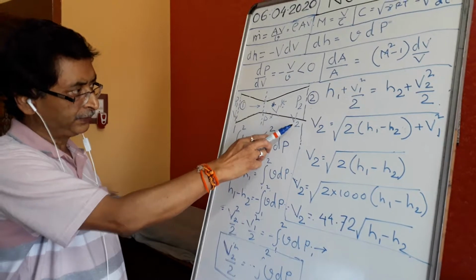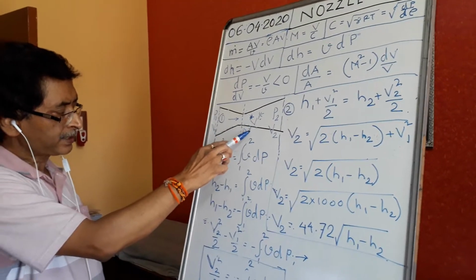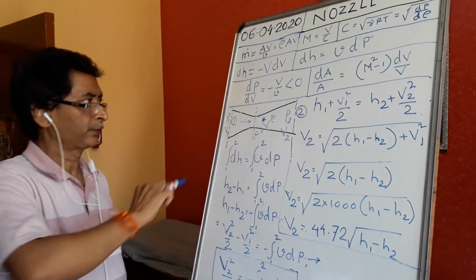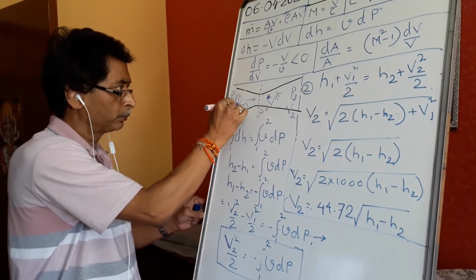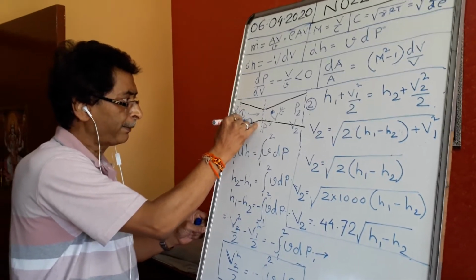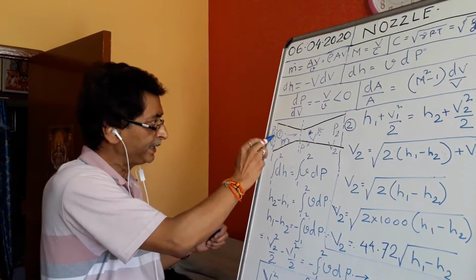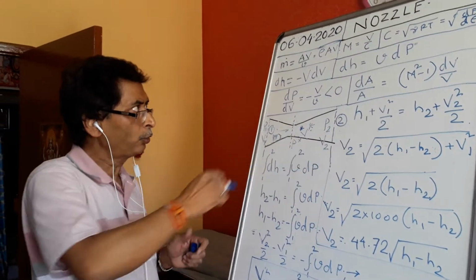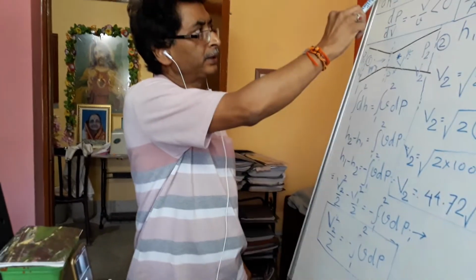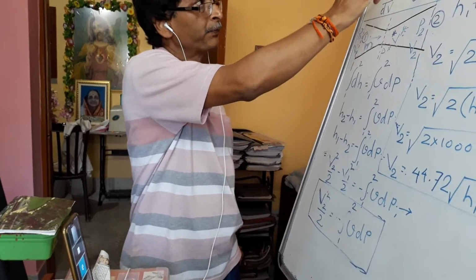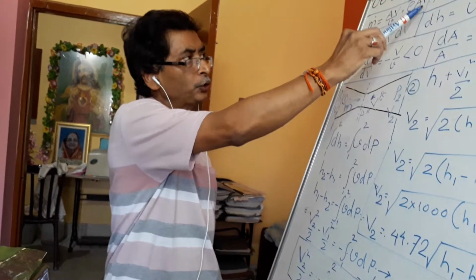and outlet velocity is V2, and at the throat, what is the pressure? P star, and what is the velocity? V star. So now some amount of mass is flowing. What is the mass flow? M dot. M dot is the amount of mass flowing through the nozzle. That means whatever steam is entering, that amount of steam will go out. So first we came to know, from our derivation, the continuity equation: M dot is equal to AV by v, where v is the specific volume, A the area and V the velocity. This is also rho into AV.